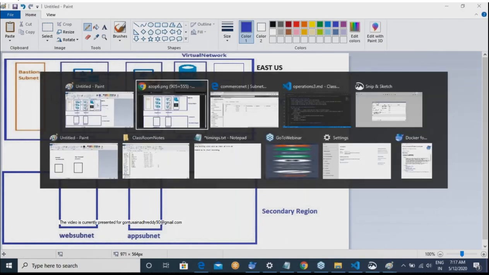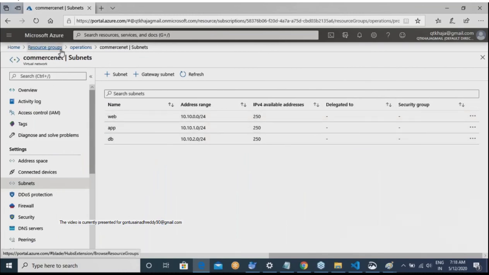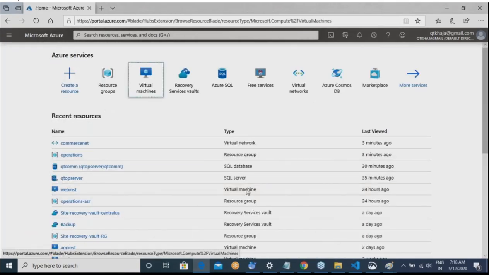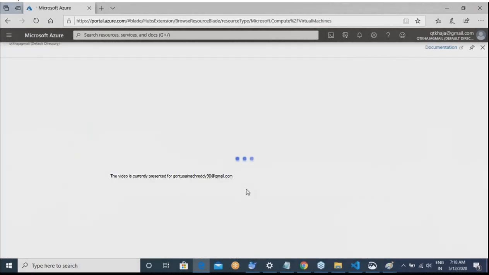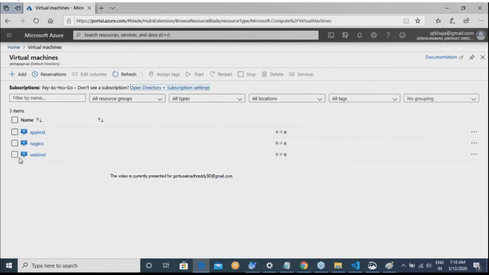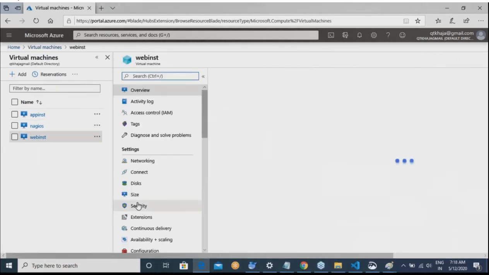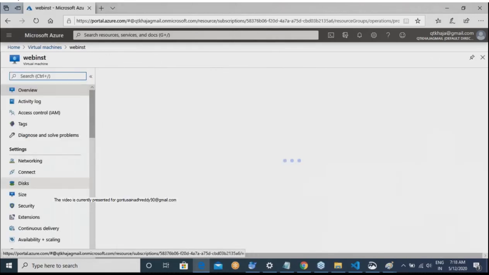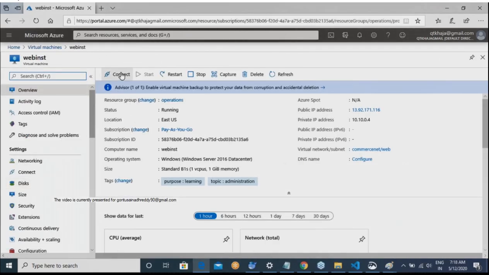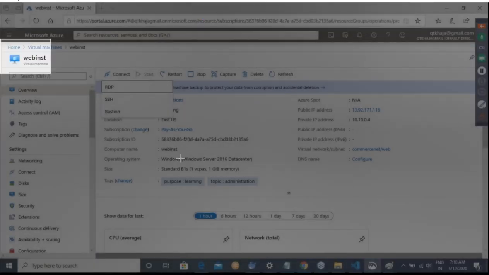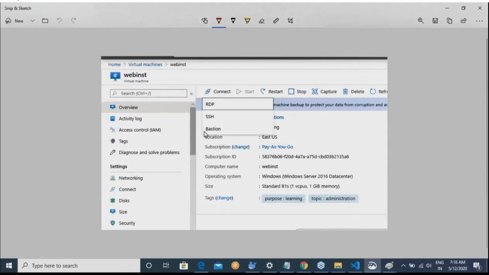Now what Azure has said is there is no need for you to create that virtual machine. I am giving you that as a service. So if you go to virtual machines, let me go to this web by NST. If you click on connect, you are seeing this third option over here.